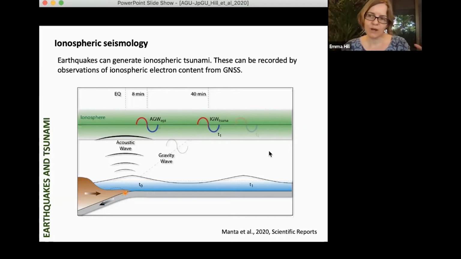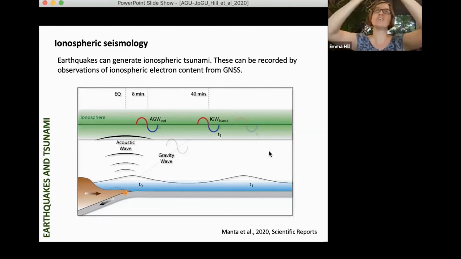As that water reaches the coastline, it hits the shallow seafloor, and the friction between the water and the seafloor slows that down, meaning that water piles up and you get the big tsunami wave that hits the coastline. In that process of lifting up the seafloor and then lifting up the water above it and then lifting up the whole atmospheric column above that,